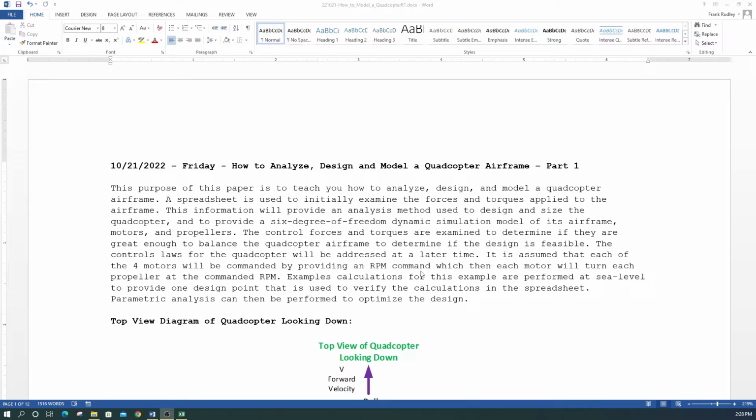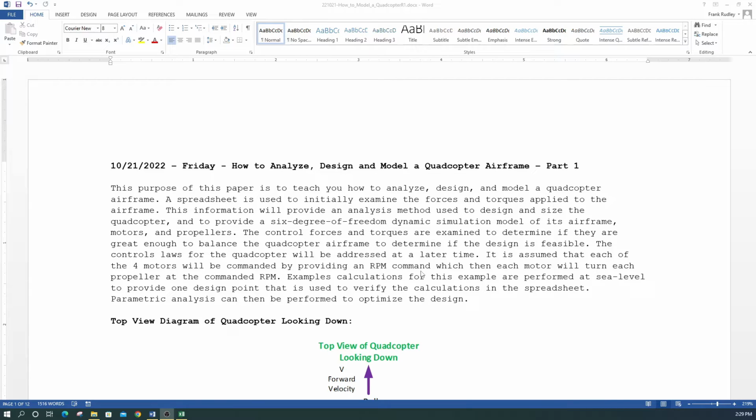which will command each motor to turn at that commanded RPM. It's kind of like RPM is proportional to power. As you turn the RPM up on the motor, of course the torque increases also. The torque times RPM is the power. So that's the way these propellers work. We'll see in the analysis that RPM and power are related to each other. They're sort of proportional, and we'll show how that works in the